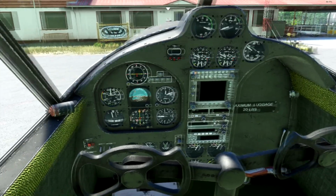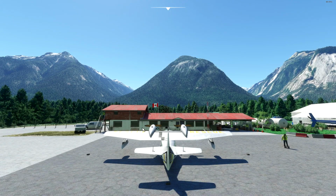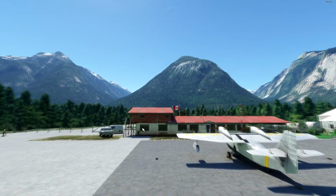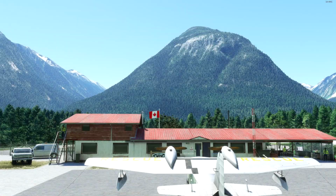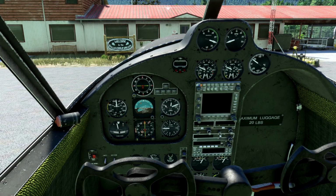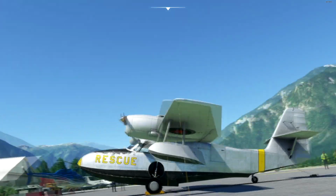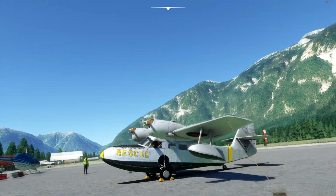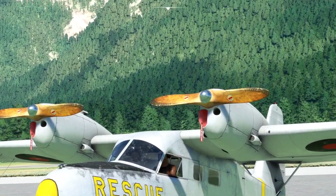Now, this plane, from what I've read, is pretty feature-packed. Let's actually go to the proper exterior camera and take a look here as I try and... Okay, we're going to play that game where the camera doesn't actually want to pan. We'll go to this instead. Now, is it crack day or something? Why is nothing behaving itself? There we go. Now, it comes with some nice candy features like tie-downs, chocks, pitot covers,